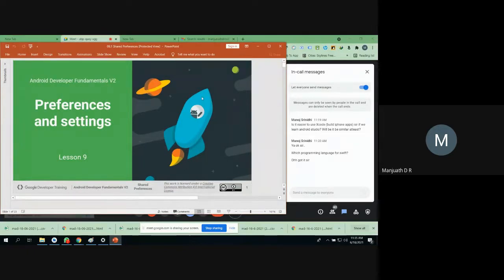Fine. I already told you that if you have private data that you don't want to share with the public, like other apps or other users, and that data is very limited, then that is primitive data. If you have primitive data, then the best way of storing the information, that too in your internal storage area, is using shared preferences. So you think in terms of preferences here, not in terms of views, in order to work with data.